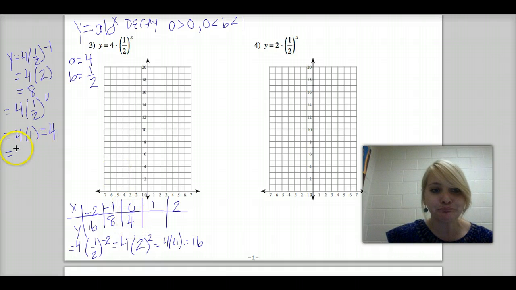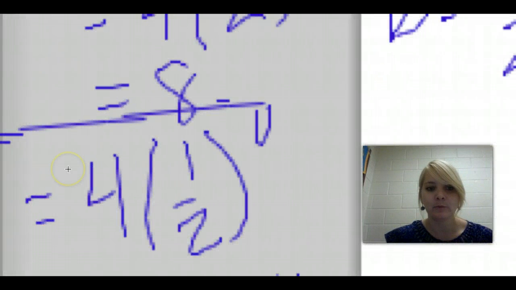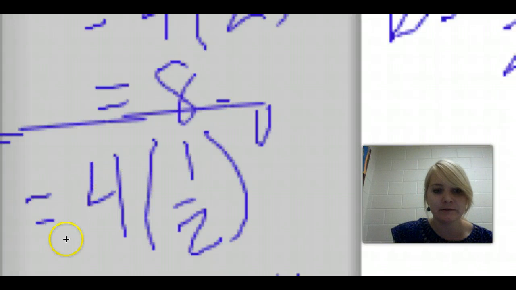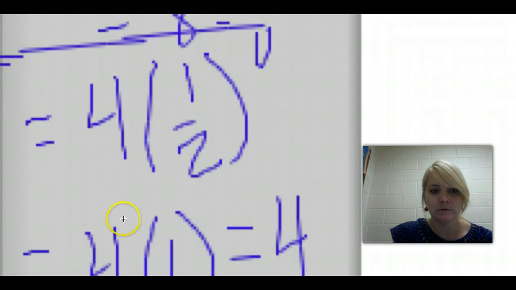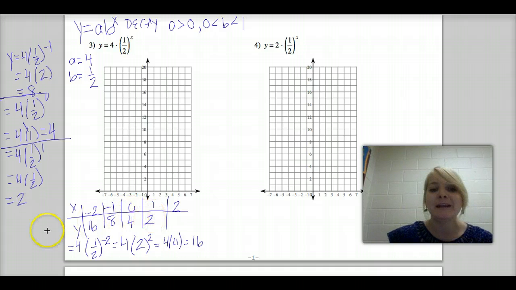When x is 1, we get 4 times 1/2 raised to the power of 1. Anything raised to the power of 1 is just what it is. That will be 1/2. 4 times 1/2 is 2. And then when x is 2, we get 4 times 1/2 raised to the power of 2, which equals 4